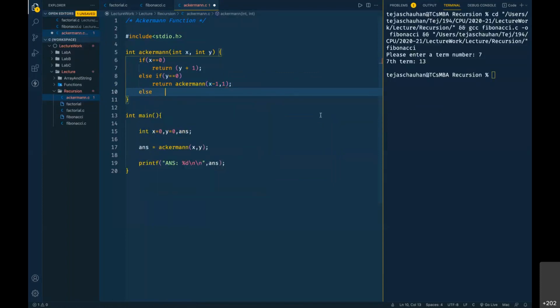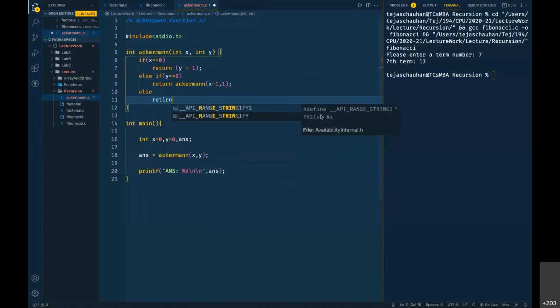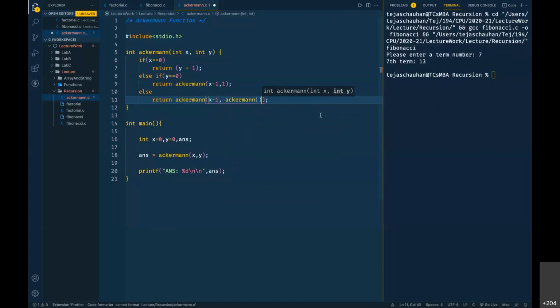And the last one, the second case in the recursion, is we return the answer coming from the recursive call. But when we call this, we actually have double recursion. The first parameter is X minus 1, and in the second parameter, we again call that function with parameters X and Y minus 1.